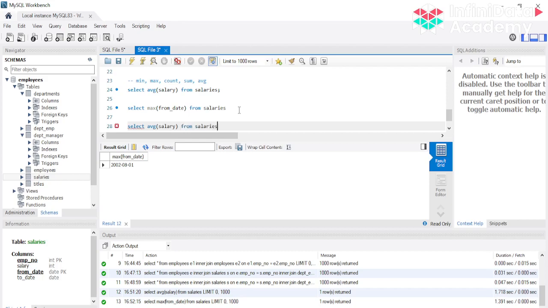From salaries, and I can just apply this condition where, let's say, from date is greater than, let's take it as 2000. So after 2000, whatever people's salary has been, let's take an average of that, and I think it's going to be much higher than 63k.